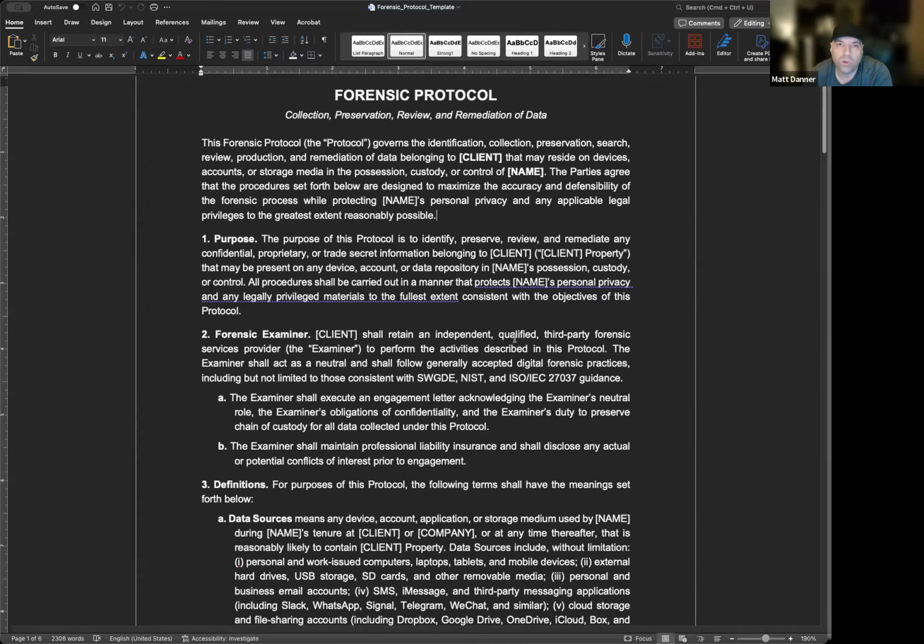So what you want to do, if you're in the private sector and you're working with lots of attorneys and clients, is that when you bring up the concept of forensic protocols, you want to make sure they understand the basics of the protocol and what should go into it. Make it very clear to them that whenever they put a protocol in practice, or if they receive one from the other side, they should have you or someone with your expertise review it first. So make sure there's no gotchas, make sure there's nothing missing, make sure it's covering all the things that you need to cover,